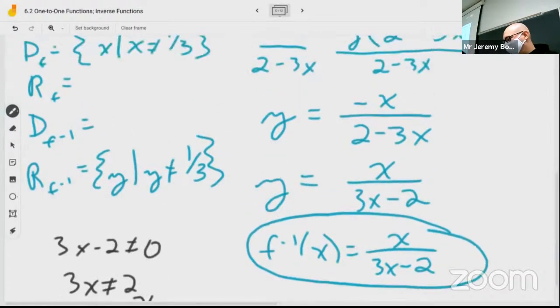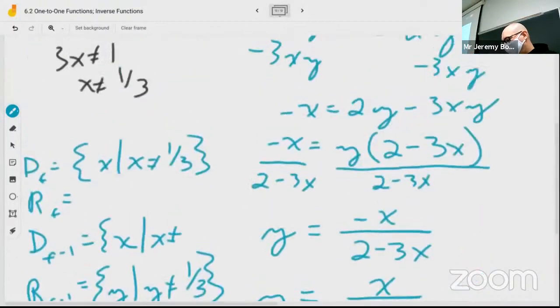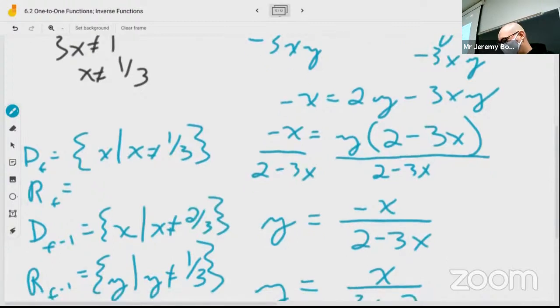And so I know that the domain of f inverse is going to be x such that x cannot equal, was it positive? Yes, 2/3. And that's also telling me what? The range of f is going to be y such that y cannot equal